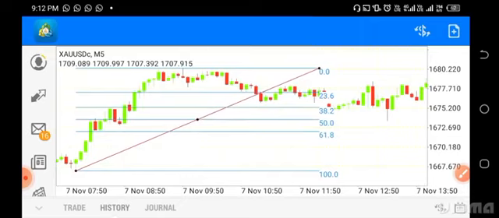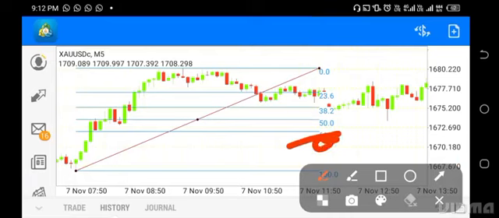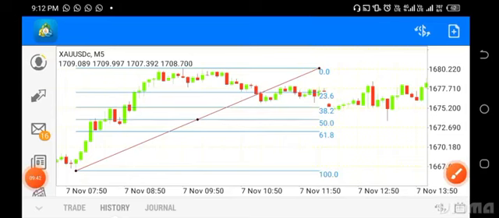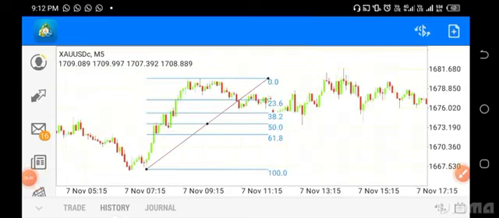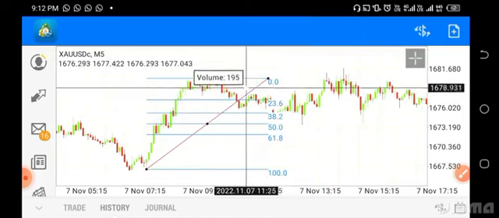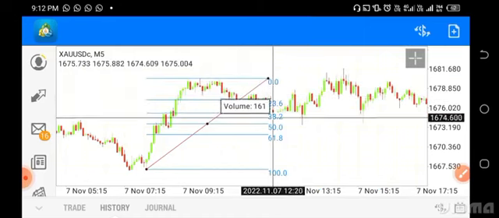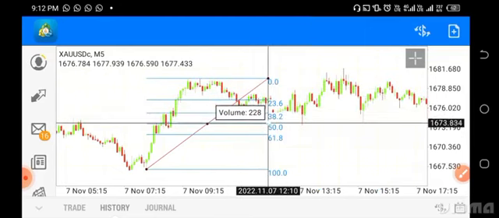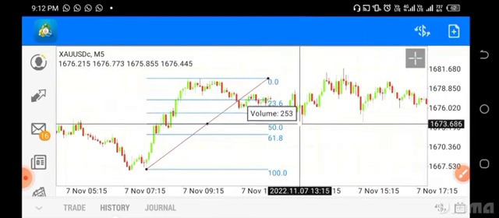So when the market is in an uptrend, as long as the market does not go below 61, it is possible to retrace from 38, 50, or if the 61 is broken, then the trend is reversed. So now if you check, what happened next? Firstly, the market goes up to this level and comes into the range between 38 and 50, and it got rejected on this candle.